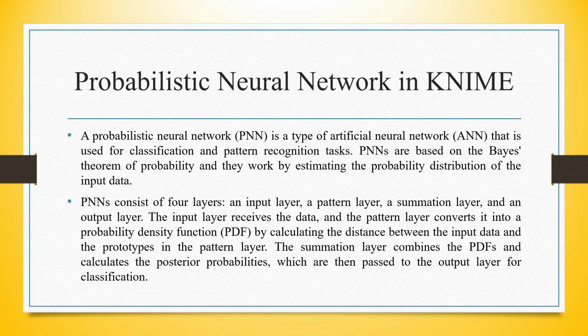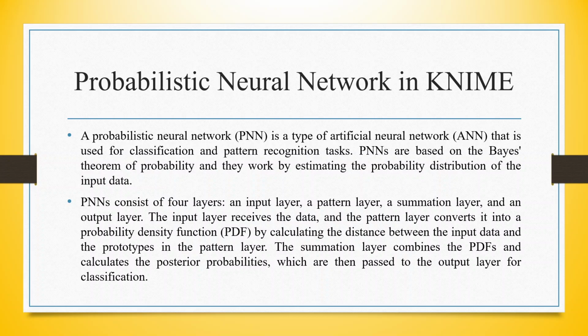Today I will explain how to do the prediction for a new dataset in probabilistic neural network in KNIME. A probabilistic neural network is a type of artificial neural network that is used for classification and pattern recognition tasks. PNNs are based on the Bayes theorem of probability and they work by estimating the probability distribution of the input data. PNN consists of four layers: an input layer, a pattern layer, a summation layer, and the output